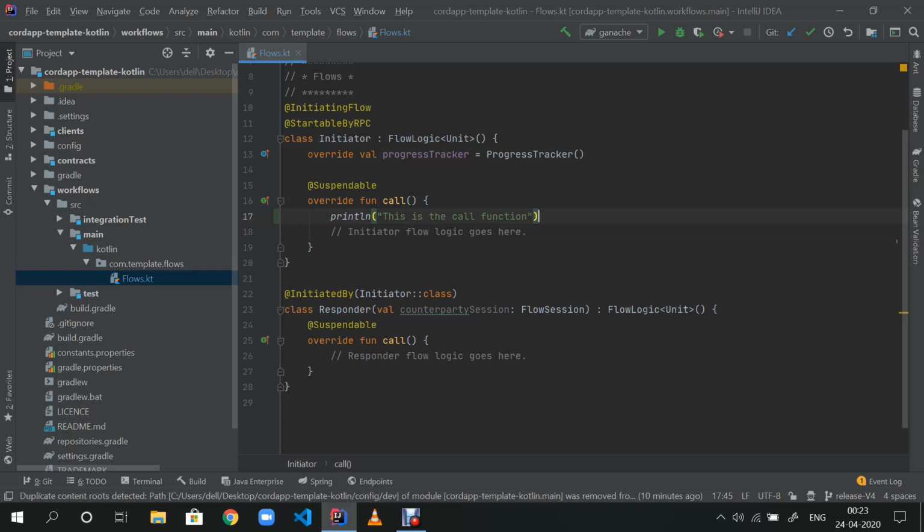Similarly, if you want to transact, if you want to pass, let's say, some money from one node to another node on Corda. By node, I mean one user to another user on Corda. So this will all happen in the contract. To give you a basic understanding, let's take a scenario. You go to a bank, you register yourself as a client, and now you have the authority to transact with other clients in the same bank. Now, after a few days, you have a need of some $1,000.